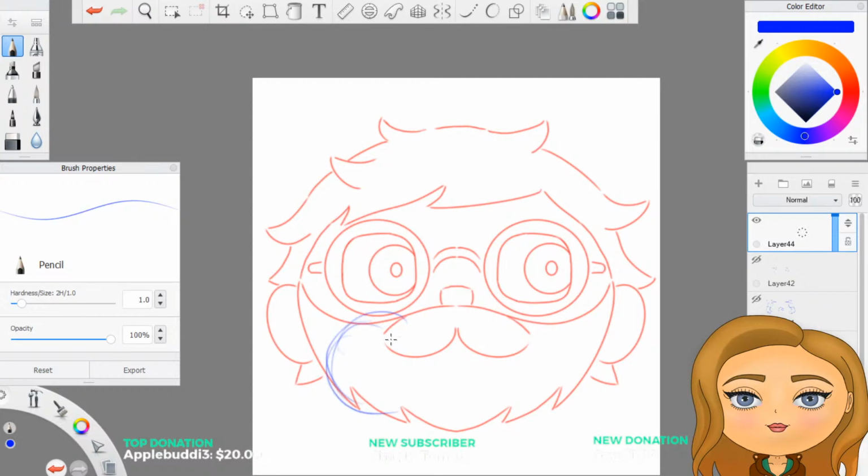So do all the way up to here. Doesn't gotta be a full-sized heart. Just enough to get the point across. And then some hands.